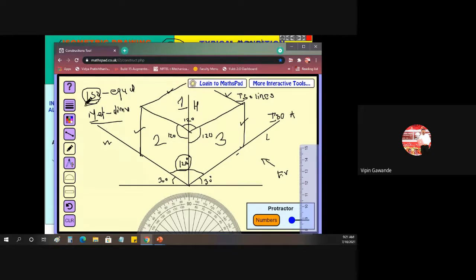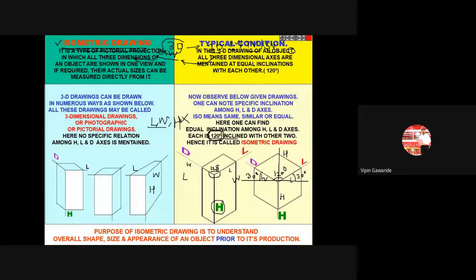So we require equal angles here. That's why it is called the isometric projection, and that's why the 30-degree angle comes here. We take only a 30-degree angle, not 45, not 60 degrees. Okay, so that is the answer to your question. The included angle between the isometric axes is 120 degrees. Here it is 120, here it is 120 degrees. Okay, so this is the thing.